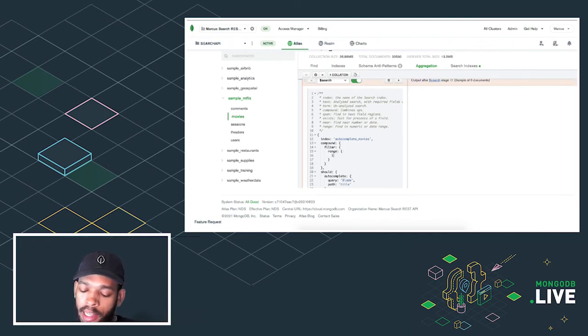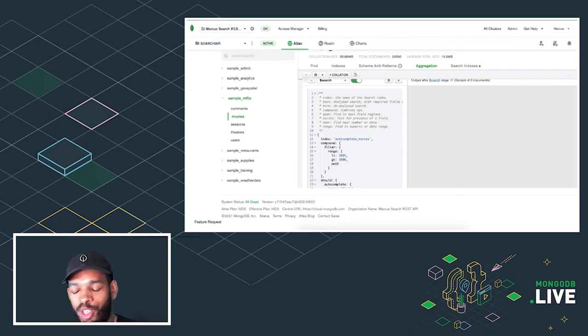So less than 2005, greater than 2000. Path here is year. Number, so I have to wrap this in quotes, string.